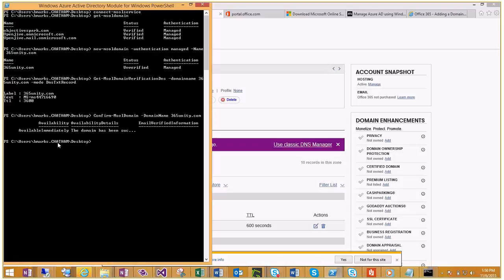So I can do a Get-MsolDomain again, and then enter, and I can now see that my 365 Unity domain has been verified and managed. So now we're ready to add users to Office 365. We're ready to add DNS records. We're ready to basically use our domain in Office 365,